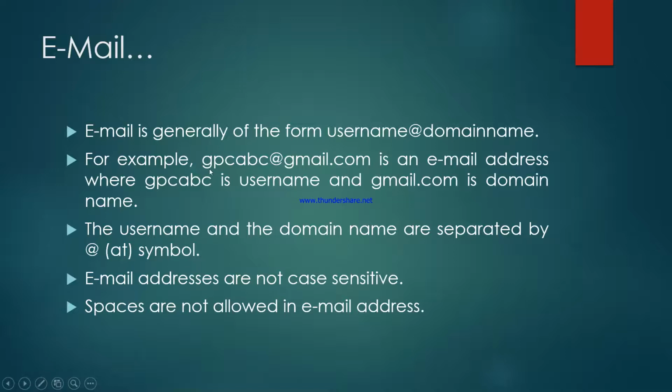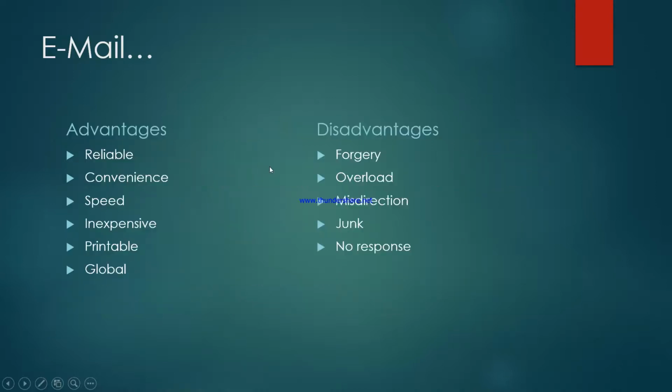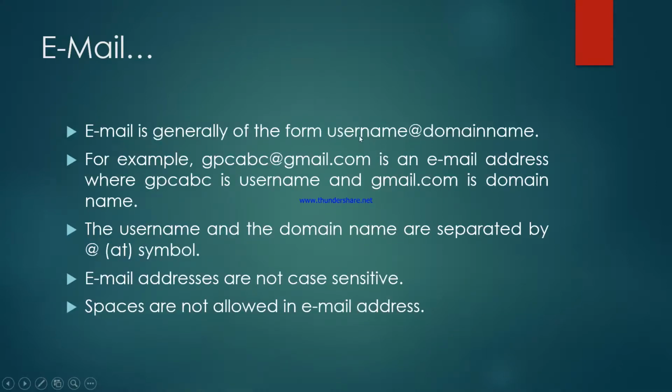This is an email address where GPCABC, the first part, is called the username, and the second part, gmail.com, is called the domain name, and this is the special symbol which is called the @ symbol. Here it is GPCABC in lowercase letters,